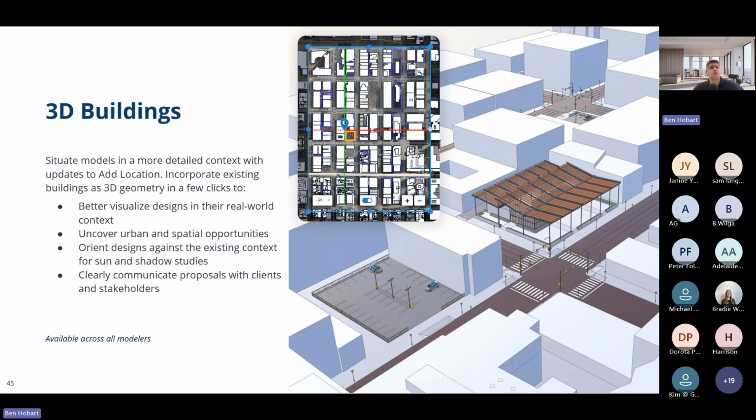There's something that is worthwhile to mention, even though it's not specifically new for this release. It's been out a little bit now, but I think it's worth mentioning. It's the adding location option in SketchUp. That's not new, you can geolocate your files, but what is new is that you can now add real-world context